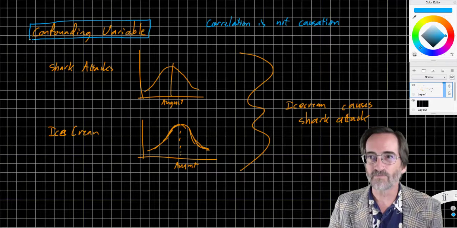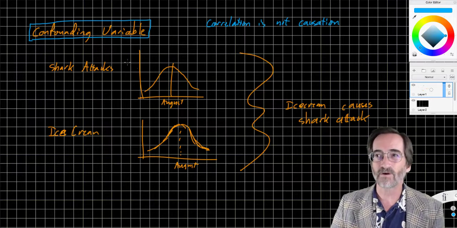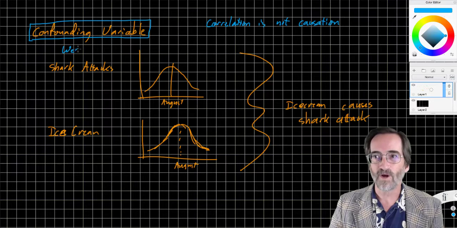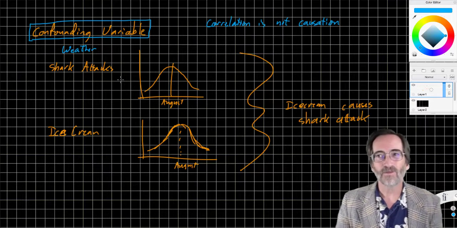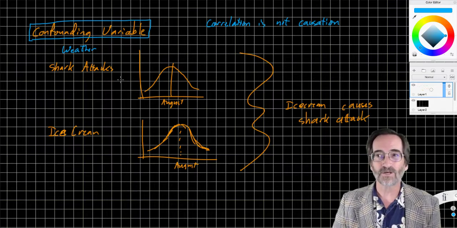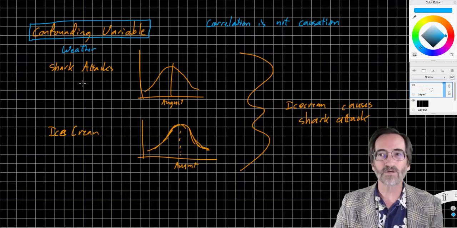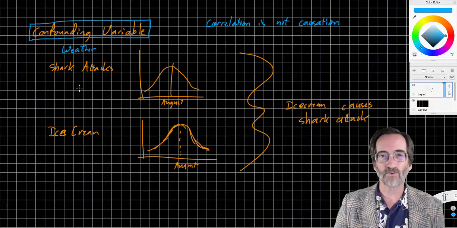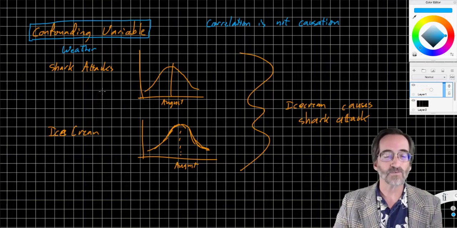If you really wanted to prove that ice cream causes shark attacks, you'd have to account for the confounding variable. And the confounding variable, I believe here, that is of most important is weather. Okay? Whether it's sunny or hot, right? The weather has a very big impact on both of these items. In the summer months, when it is warm, people go to the beach and they swim in the ocean. Therefore, they encounter sharks more often and are more likely to be subject to shark attacks,